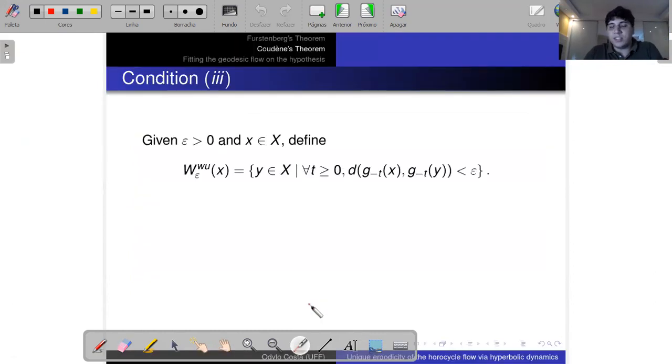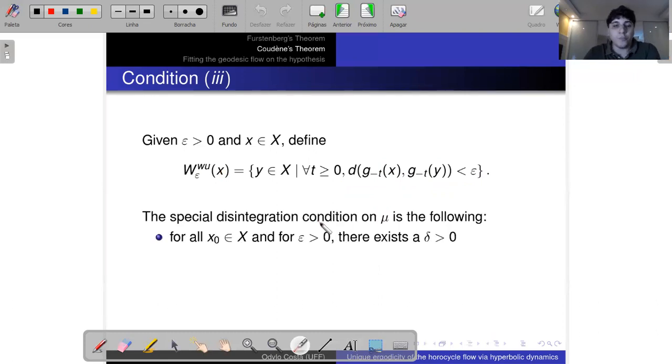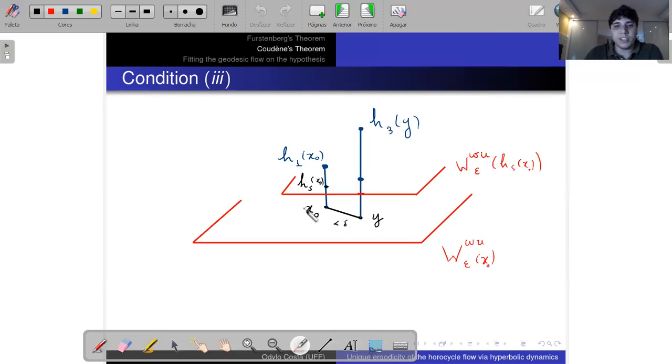So, what is this disintegration condition? First, given epsilon and x, define this set, that is the set of points that remain epsilon close to x under the iteration of the flow G to the past. Now the disintegration condition on mu starts with the following. For all x0 in X and for all epsilon greater than 0, there must exist a delta such that whenever y is picked inside of the set that remains epsilon close to x0 under the iteration of G,